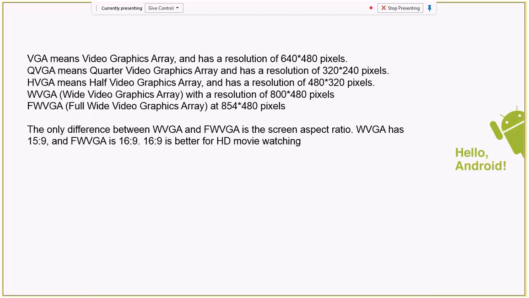Okay. When you're creating emulators, you need to know about these small names: VGA, video graphics array. Q is for quarter video graphics array, then half video graphics array, and wide, full wide video graphics array. So it's more about the pixel density on the device. Try to stay at QVGA, because if you take a higher density pixel system image, it will take a lot of time to bring up and shut down. It will save you a lot of time if you stick with the low DPI devices or system images.